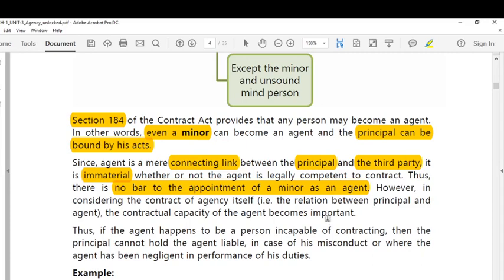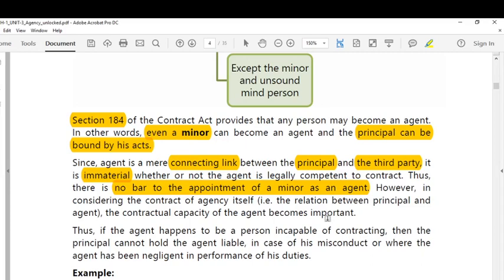However, in considering the contract of agency itself, the contractual capacity of the agents becomes important. So it is important to have a major as an agent, but it is the wish of the principal to appoint sometimes a minor as an agent. However, in all such cases, it is the principal who is bound by the acts of the minor who is